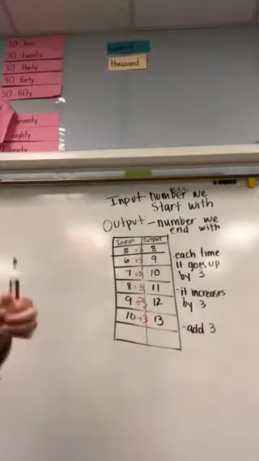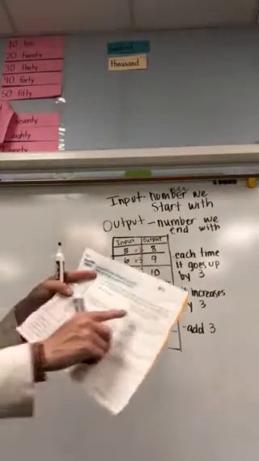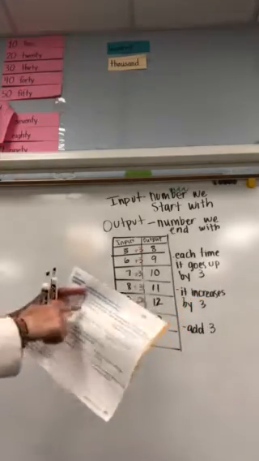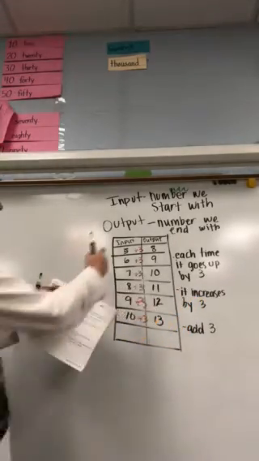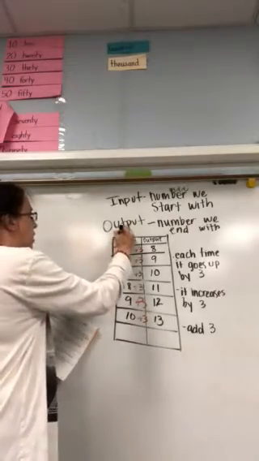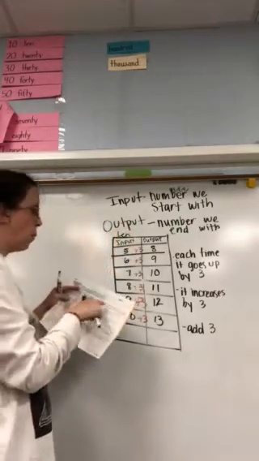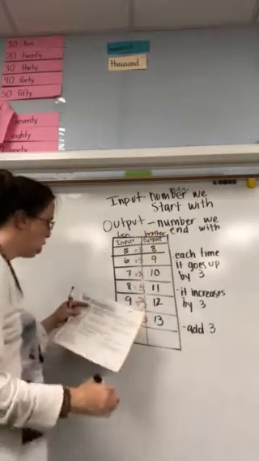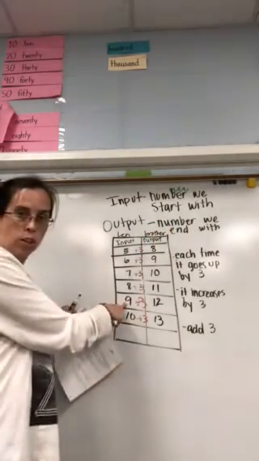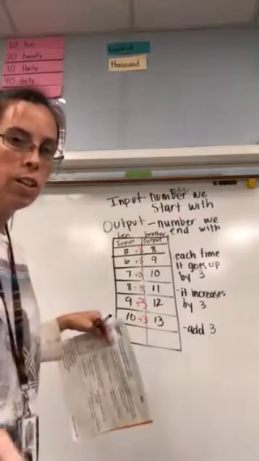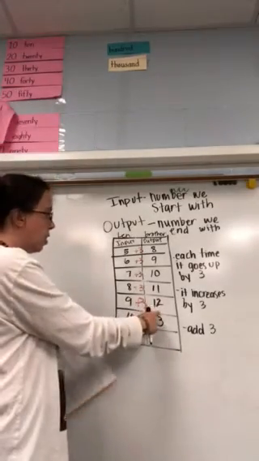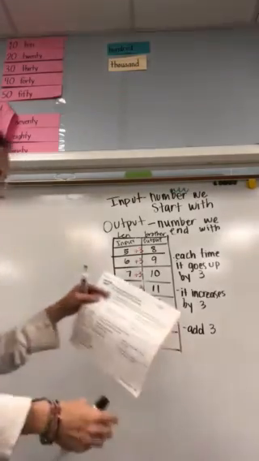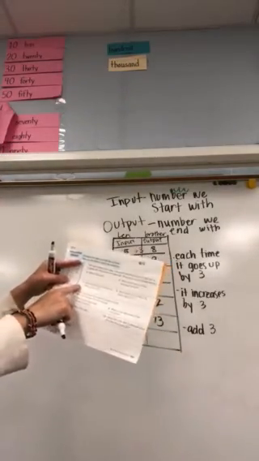Okay? So number 4 says, how old will Lynn's brother be when Lynn is 9? Well, I didn't even read the top part. The input here is Lynn, how old Lynn is. And the output is his brother. Okay? So when Lynn is 9 years old, how old is his brother going to be? 12. Good. And then the number 5 says,